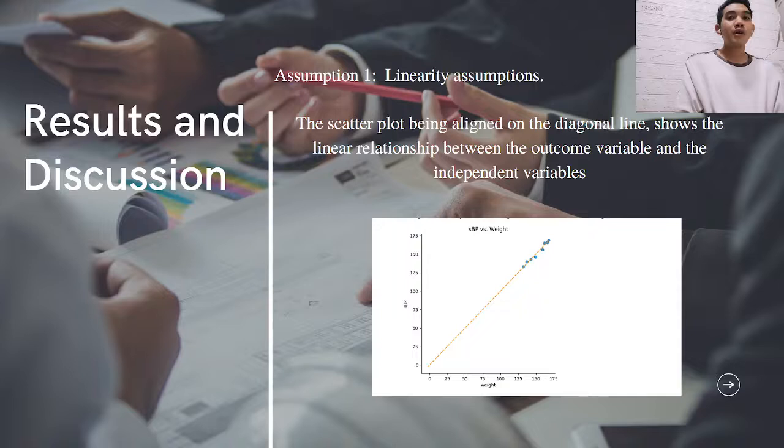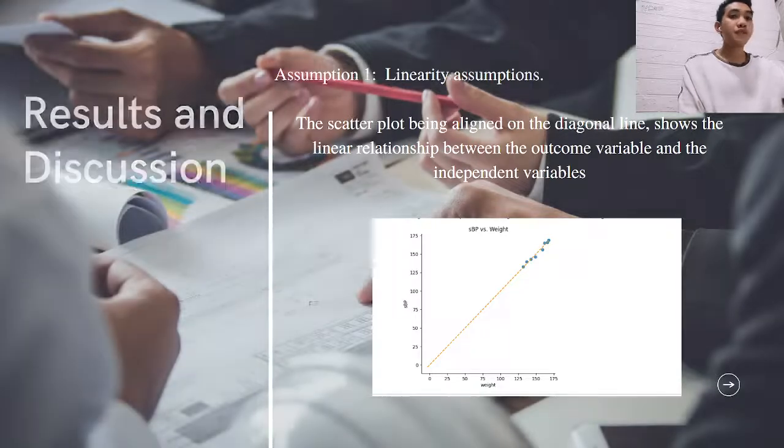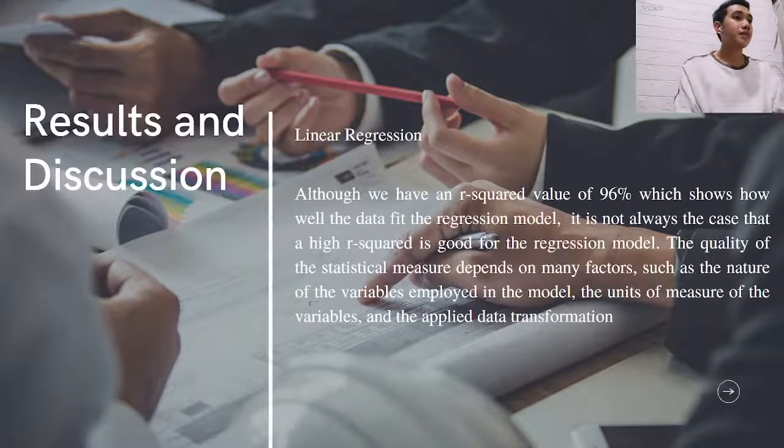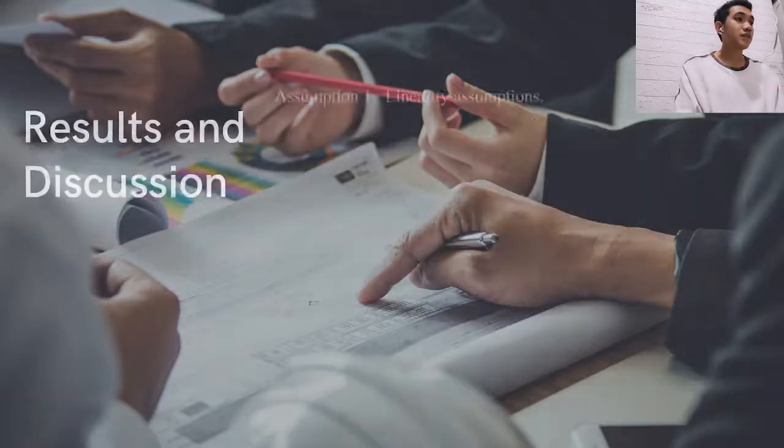Now, the results and discussion of this paper. We coded with Jupyter Notebook and Python. Here we have the results. First is the linear regression, where we have an R squared value of 96%,